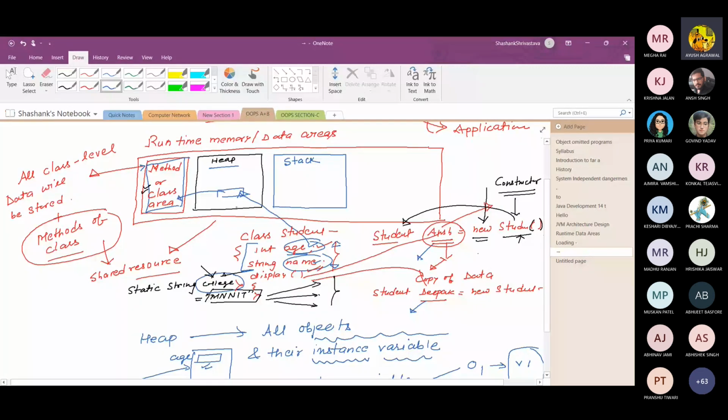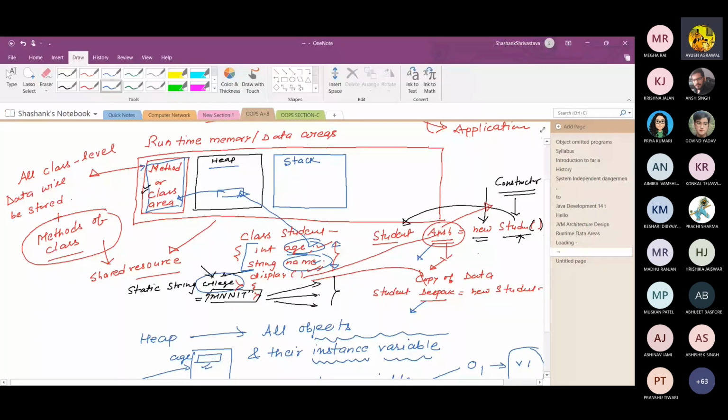The memory is created when the object is created. A class is a single entity, like a template. There is no memory for age and name because a class is not a physical entity here, but an object is a physical entity, and with the help of the object you can access the method.